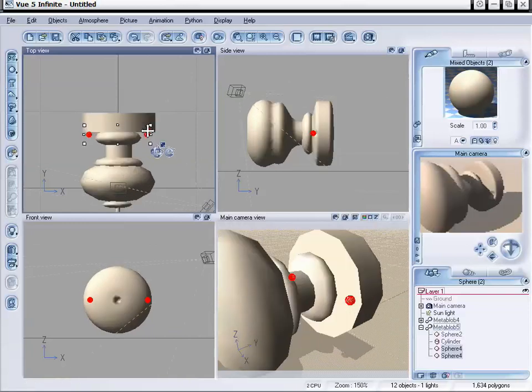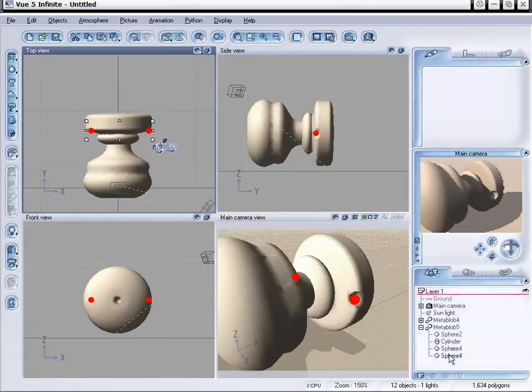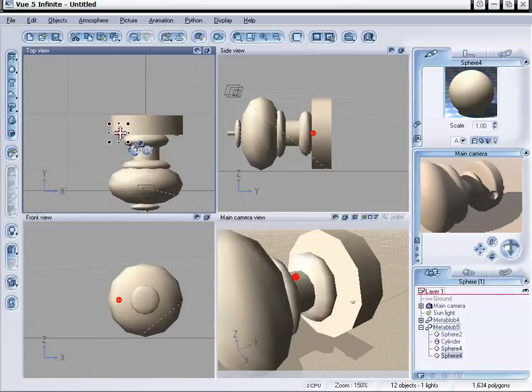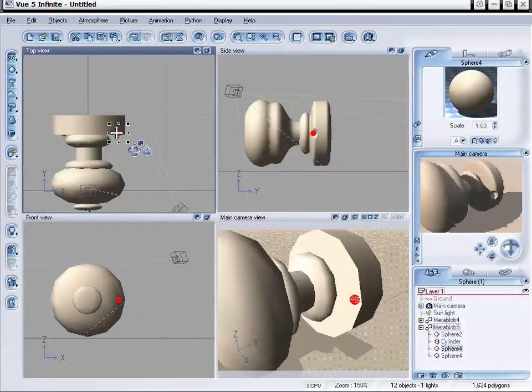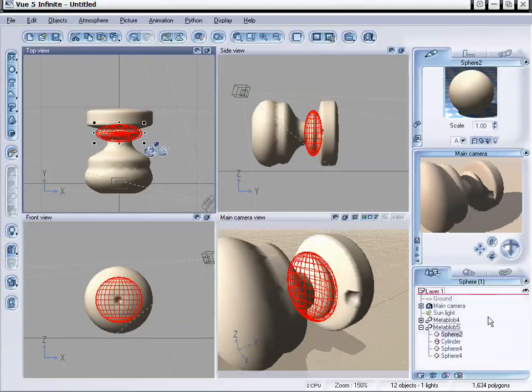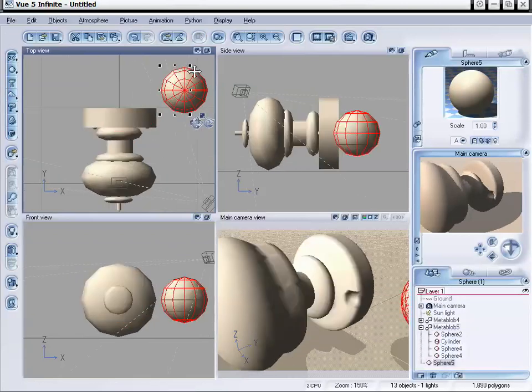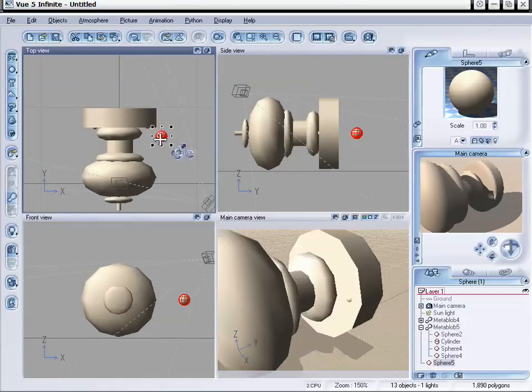Maybe I'll just move them back just a tiny bit, and then I could even move them inward if I have to, and I'll just select each one individually to move in. And now it's more on that flatter part of the surface. And then if we want to create a screw head, what we can do is go ahead and create another sphere, size that down to about the size of that area that's sinking in, and I'm going to flatten this out